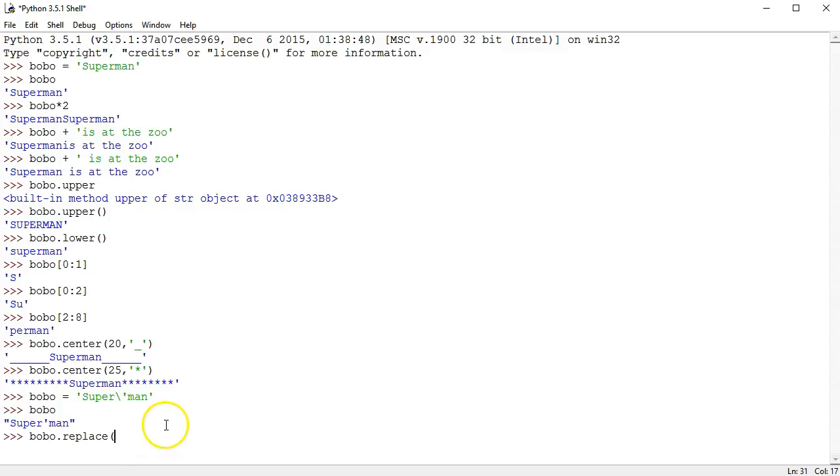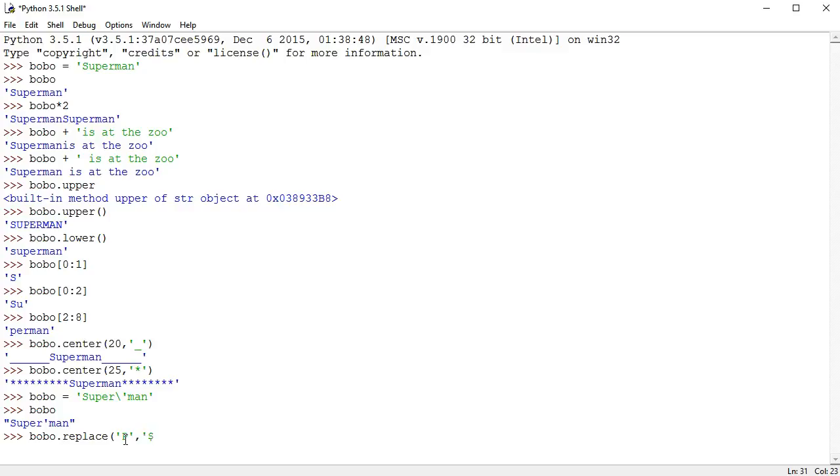And what we type into .replace is what character we want to replace and what we want to replace it with. So we can replace Superman, and we can replace the P, comma, and replace it with